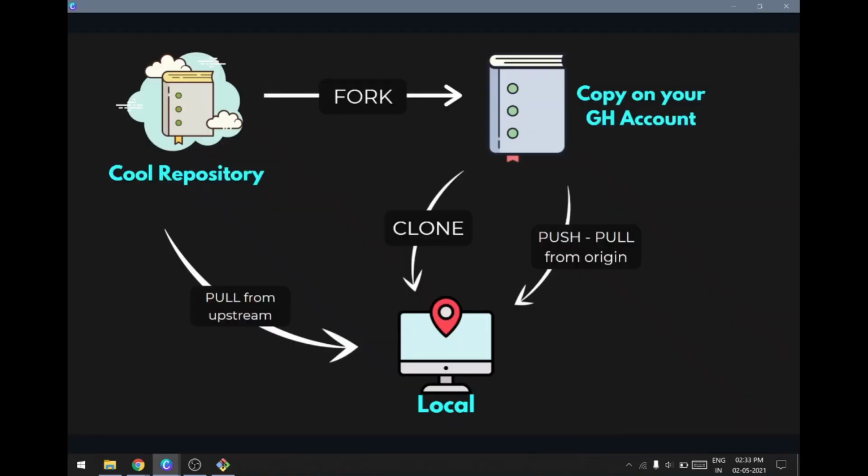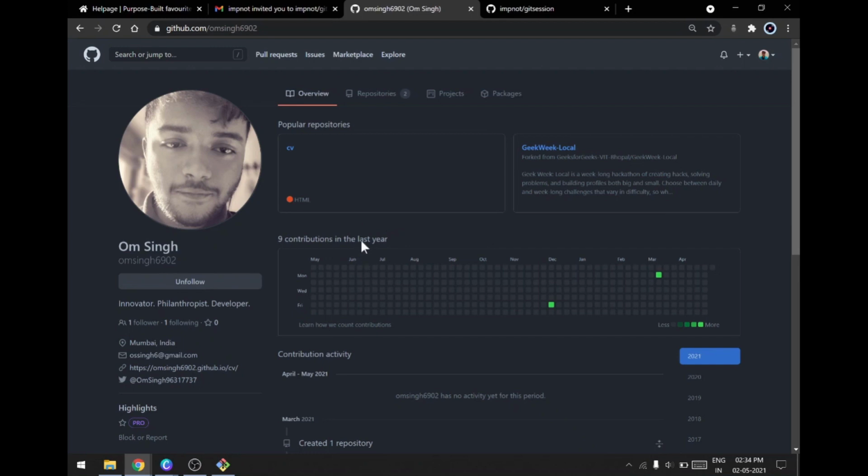So before moving on to the pull request part, there is another way of working on your dream repository. Instead of forking, you can directly clone that cool repository and work on that. But the downside to that is you won't be able to push your code that easily, given that you don't own the repository. So with the help of an example, let me show you what will happen if you try to push your code onto an inaccessible repository.